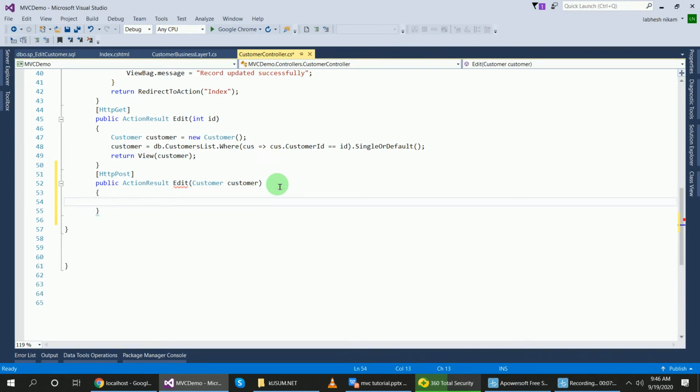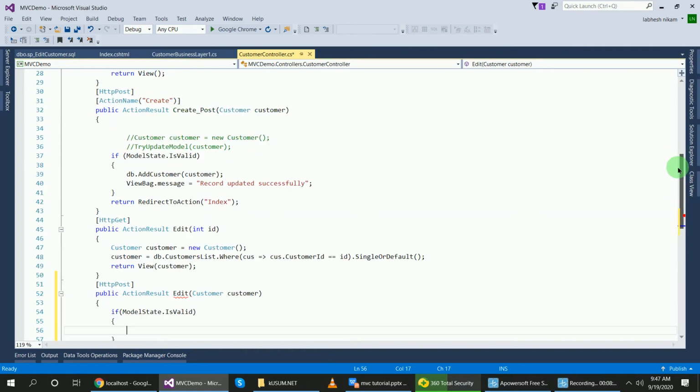Now we will validate the model. If the data is valid in the model, then it will save the data. So, if ModelState.IsValid, then update the data using this db object.